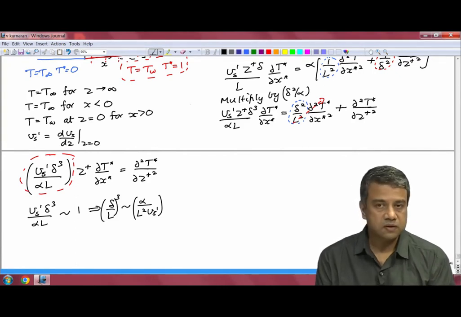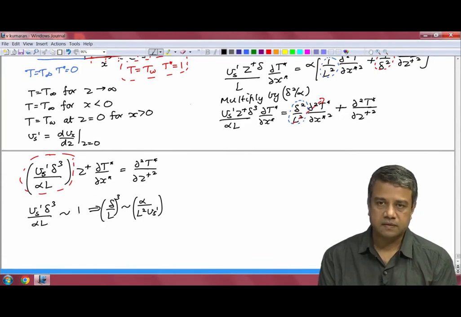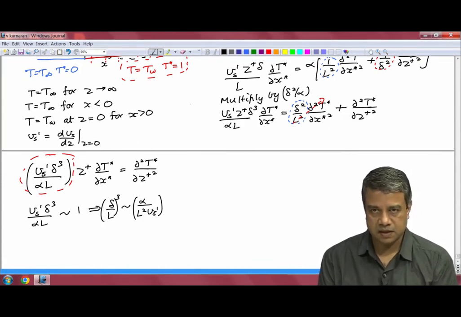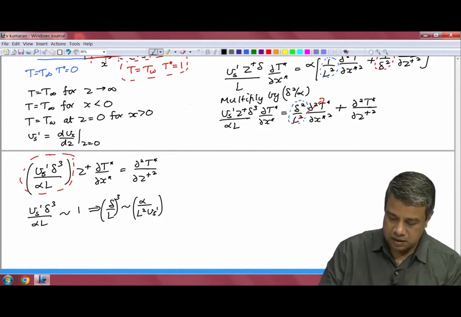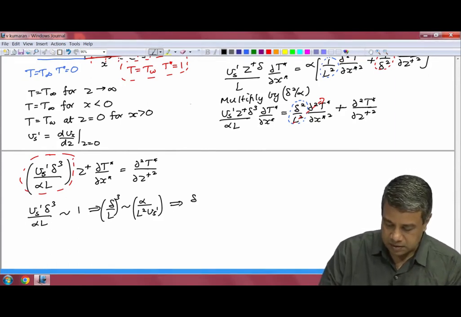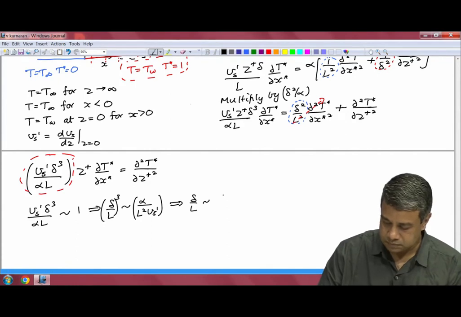where alpha is the diffusion coefficient, Vs prime is the strain rate at the wall. Strain rate is a derivative of the velocity with respect to z, and it has dimensions of inverse time. Because of that, you can easily verify that this is a dimensionless number, the ratio delta by L whole cubed. And what that implies is that delta by L is alpha by L square Vs prime whole power 1/3,